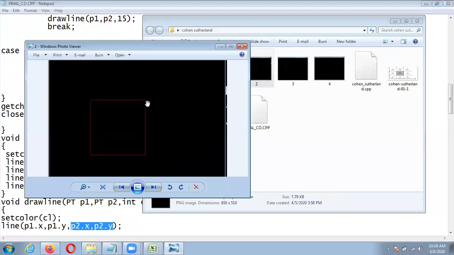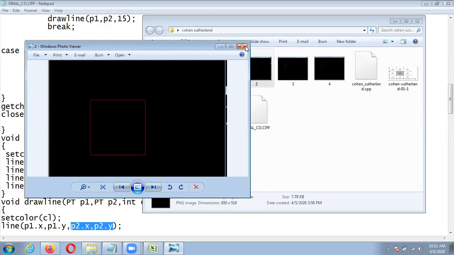The x is 350 because the origin of the screen is over here. So this is your x-axis and this is your y-axis. This one is 150 150, this one is 350 350. So your x is over here 350 and y is 150, and for this point your x is 150 and y is 350.